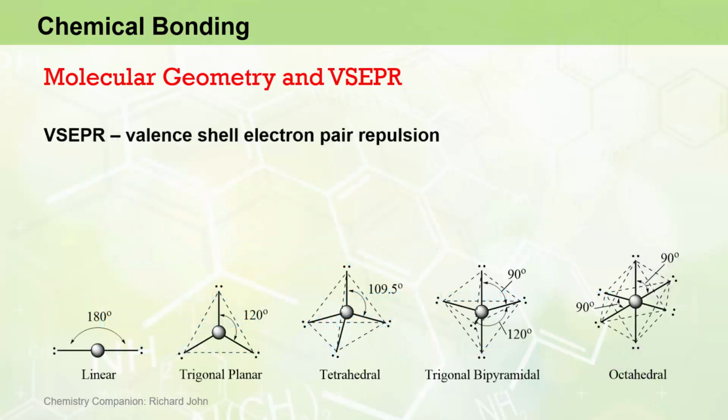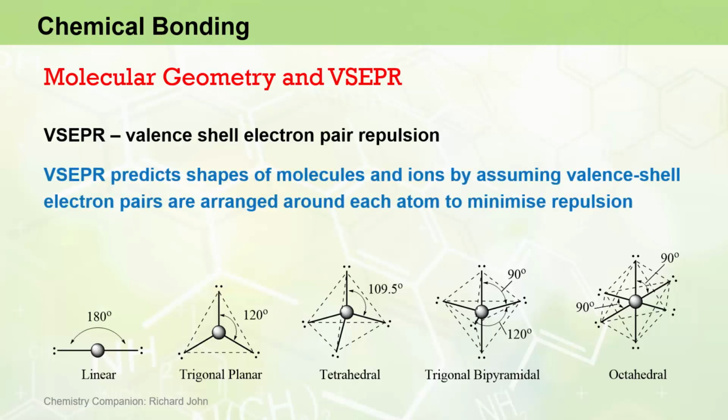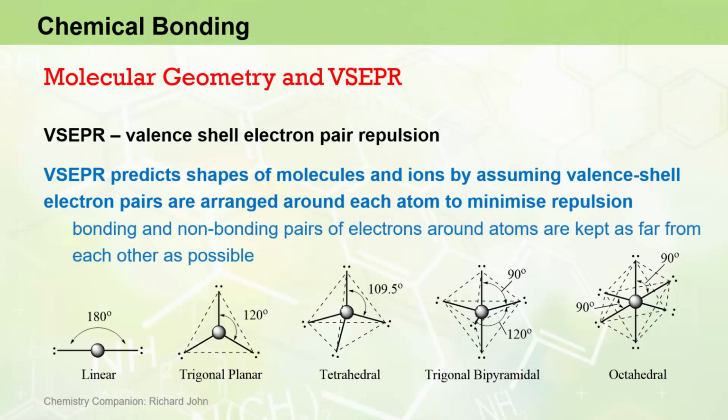While Lewis structures do not convey information about the shape of molecules, we can use the information contained in them to predict molecular geometries by following a model based on valence shell electron pair repulsion, or VSEPR. The VSEPR model predicts shapes of molecules and ions by assuming that valence shell electron pairs within molecules are arranged around each atom to minimize the repulsion between the like charge electron pairs. In other words, the bonding and non-bonding pairs of electrons around atoms are kept as far from each other as